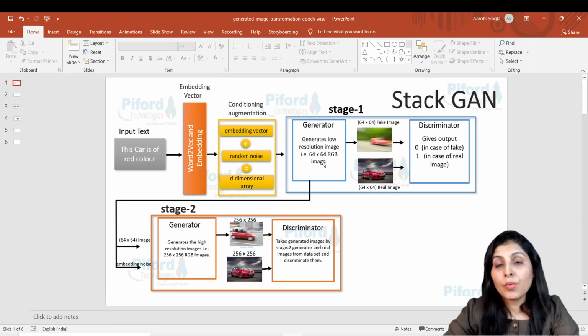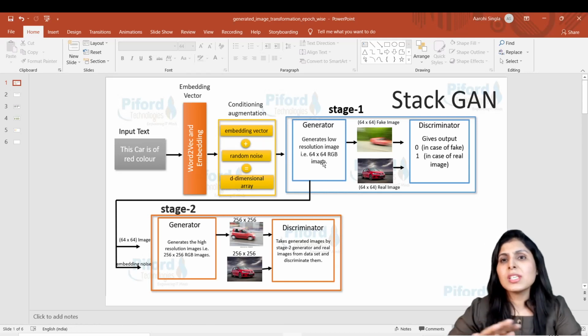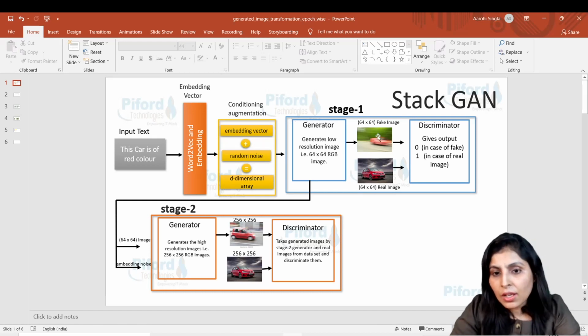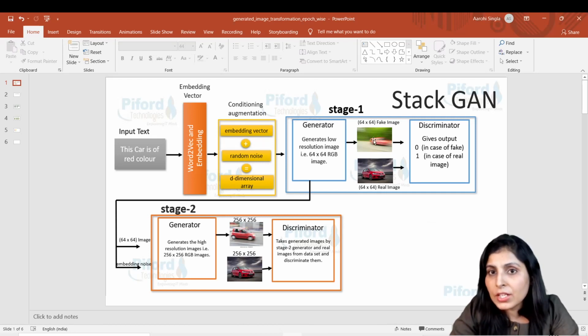Rough detail simply means the color of the object and the shape of it. These are basic things; it is not working in depth, okay? So you can see the generated image at stage 1. It is roughly telling us that the color of the object is red, and it is roughly telling us the shape, right?